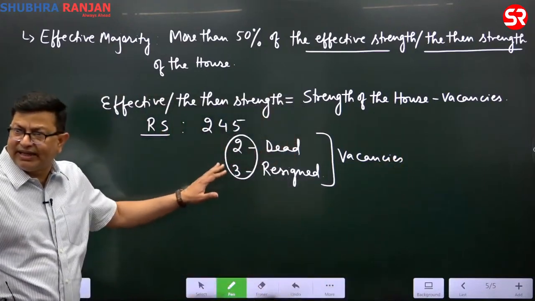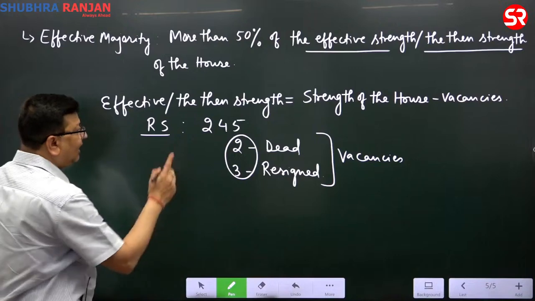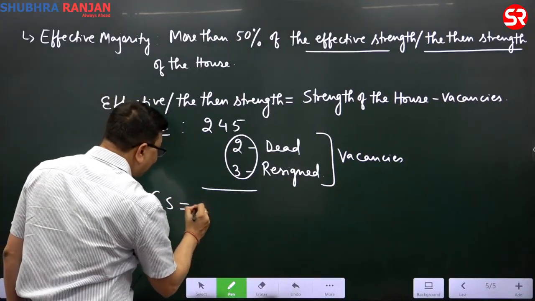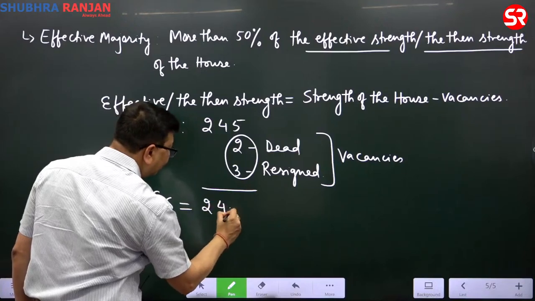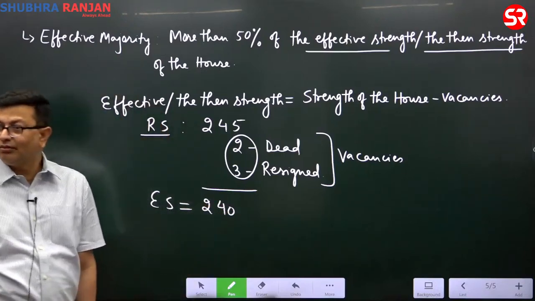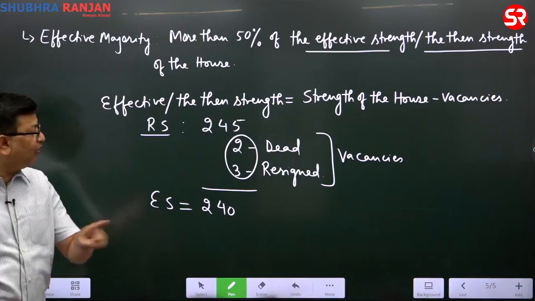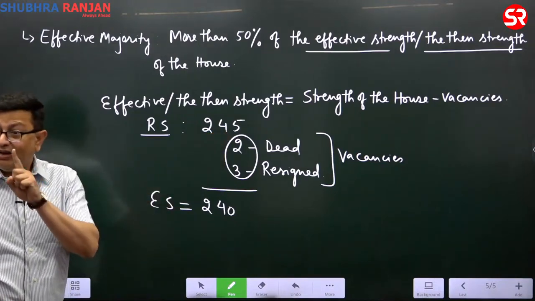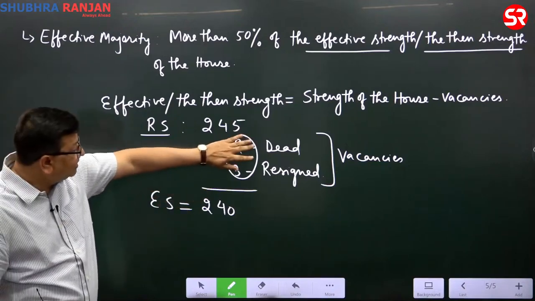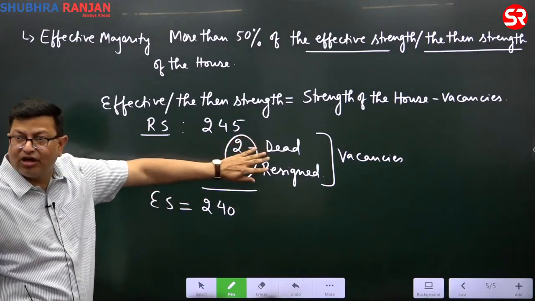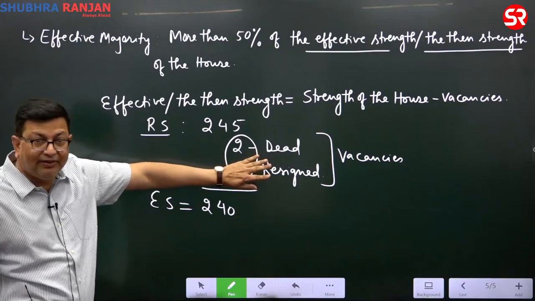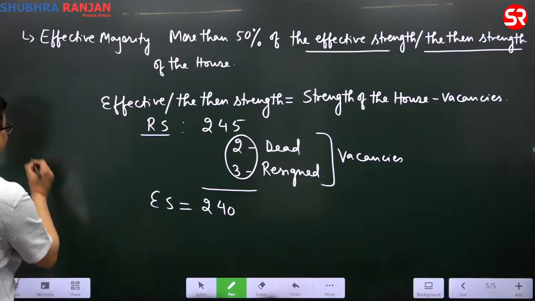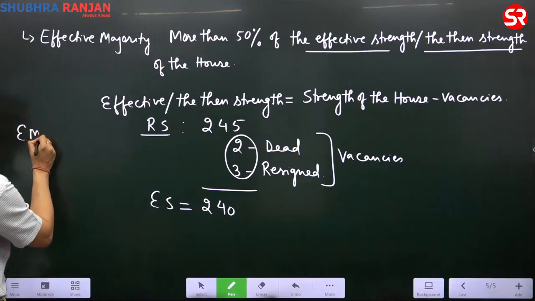These 5 seats are vacancies. So the effective strength will be 240. In absolute majority, we had taken this number 245, but in effective majority, the vacancies will not be counted. So here, the effective majority will be